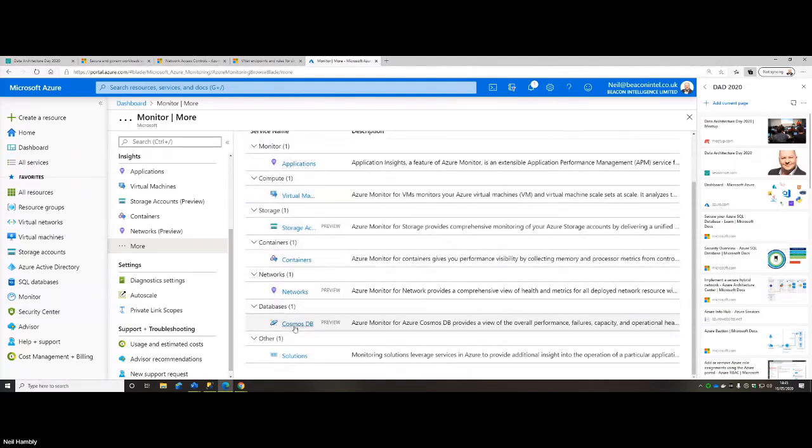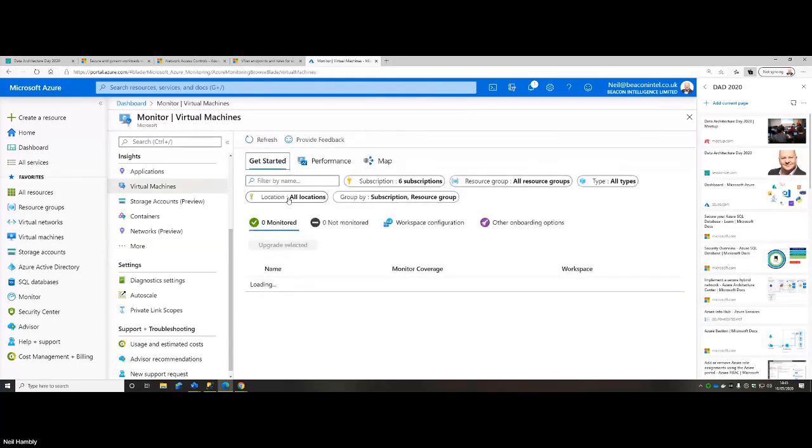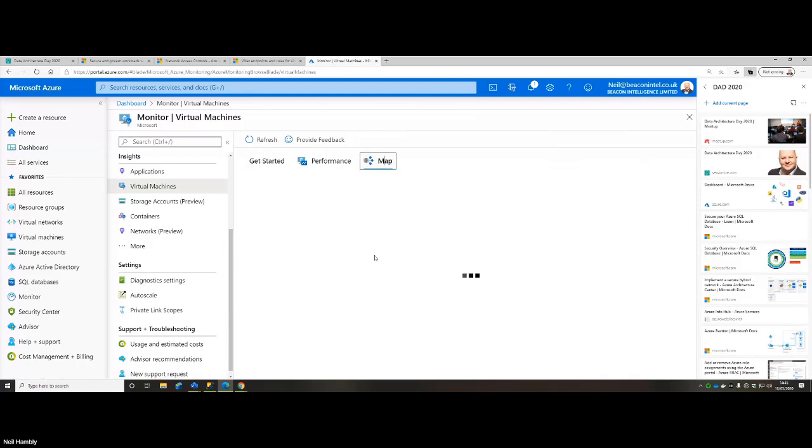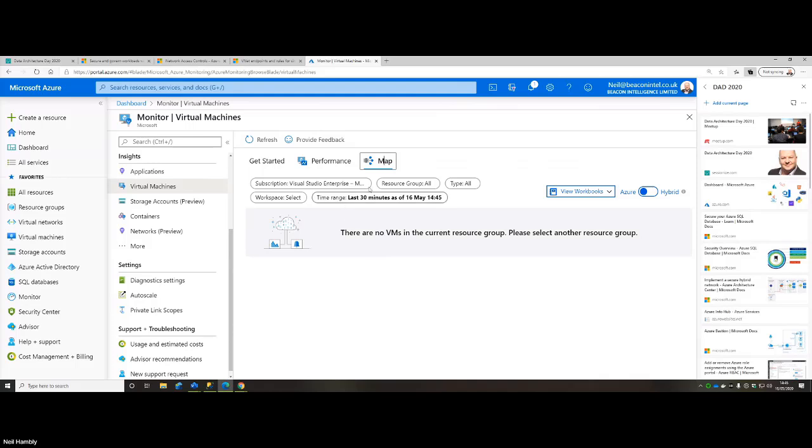So under databases, at the moment there's only SQL. For Cosmos DB, there's no SQL, but hopefully I think that's coming soon. But the virtual machine is the layer where we would look at the compute and what's available from a configuration standpoint, and also from monitoring those environments. I don't think anything has been up long enough for me to look at the moment. I'd have to come back and look at that with some data.